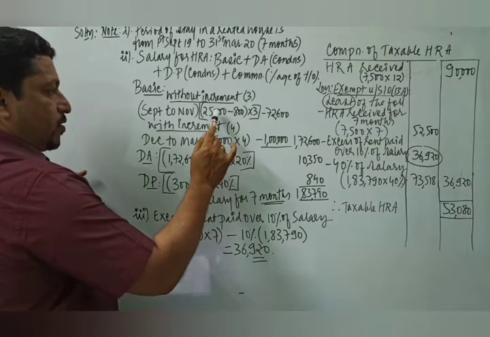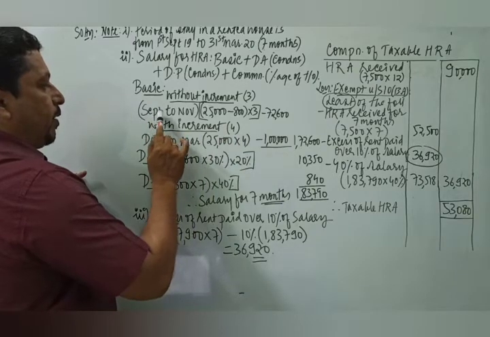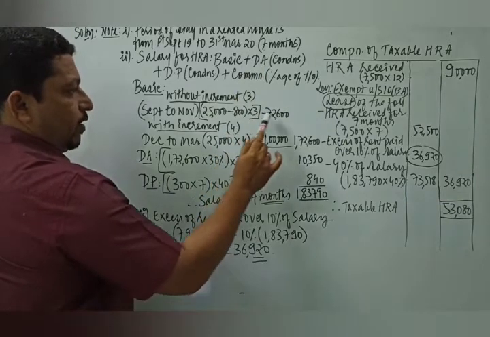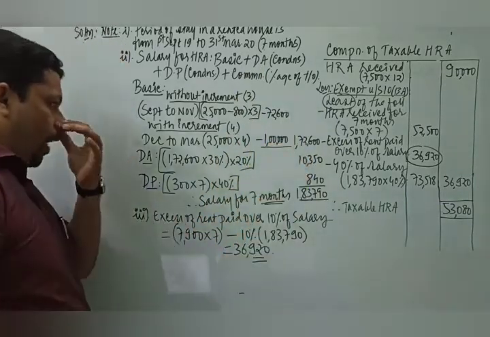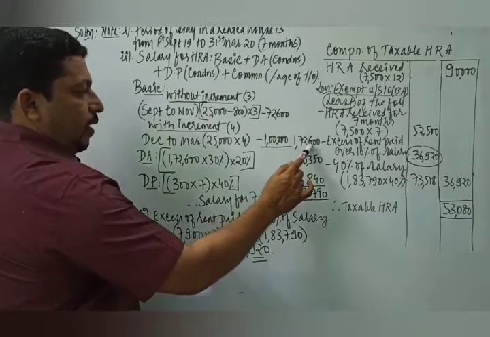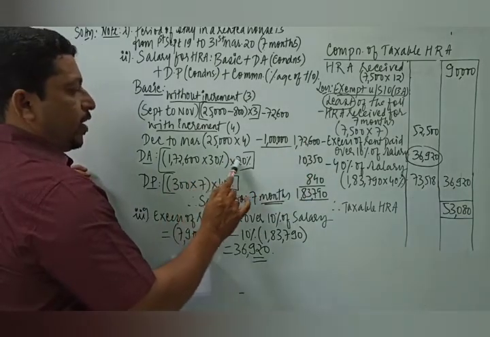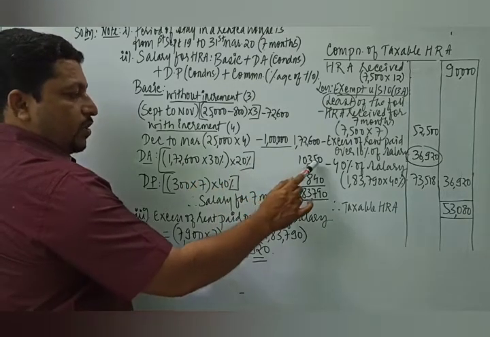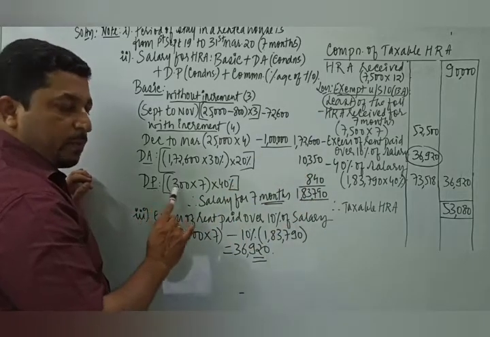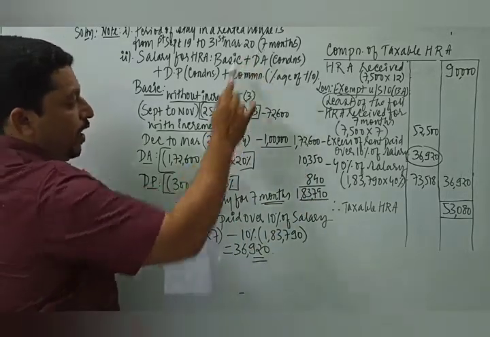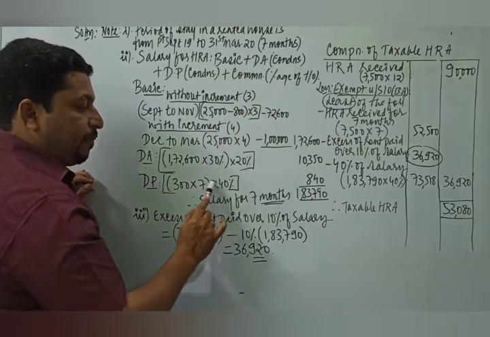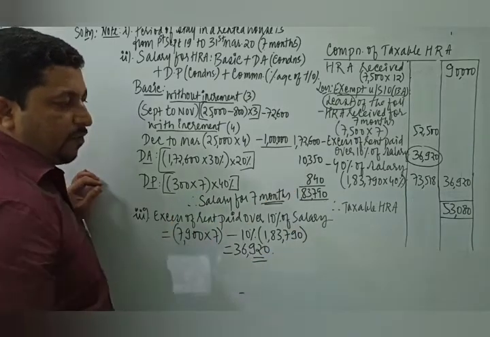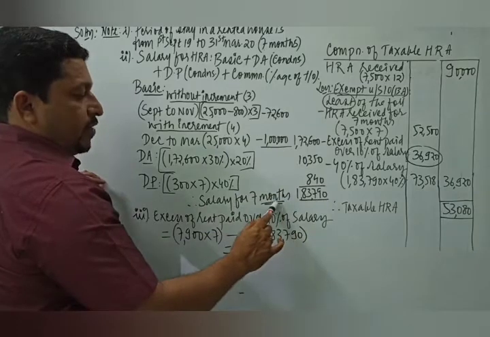24,200 will be the number. So 24,200 for September, October, November. That is only 3 months, because 3 plus 4, only 7 months is the relevant period. So total basic would be 1,70,600. DA is 30% of basic, and in that DA, 20% is included for retirement benefits. So take only 20% of this value, 10,350. Dearness Pay is rupees 300 per month. So take 300 into the relevant period of 7 months, and 40% is included for retirement benefits. So 40% of 2,100 is 840 rupees. Therefore, salary for the relevant period of 7 months works out to